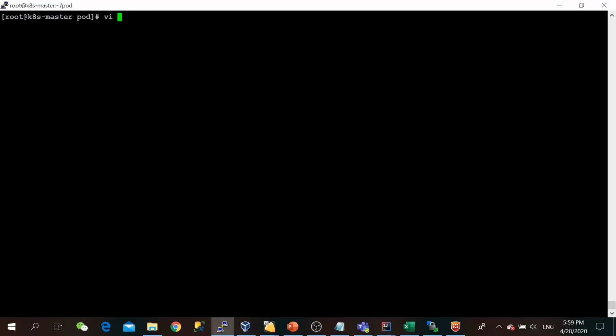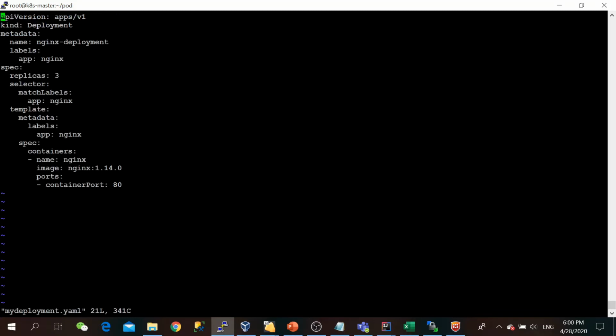We have one pod, we have one deployment definition file. Let's suppose that here the replica set is defined as 3. Now this is my current, the actual state. I want to change it to 4 replicas, or I want to upgrade this Nginx image. So this is my current state. If I change it to, let's suppose, Nginx version 1.16, this is my desired state.